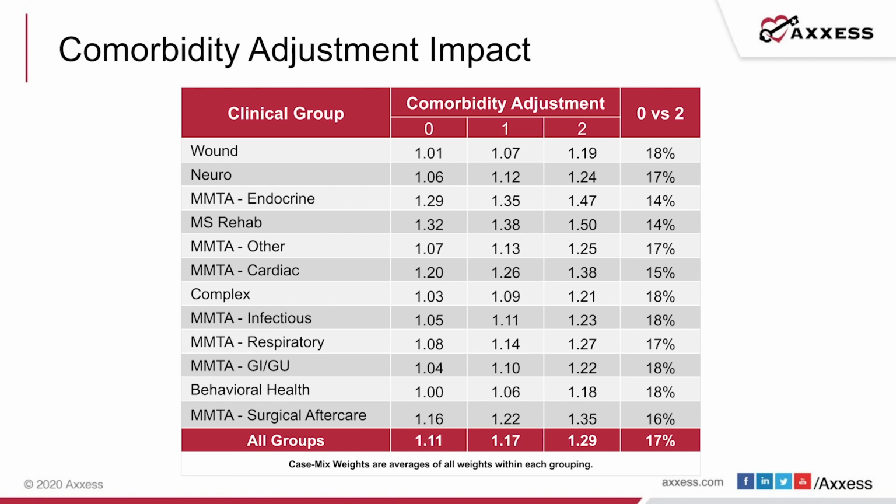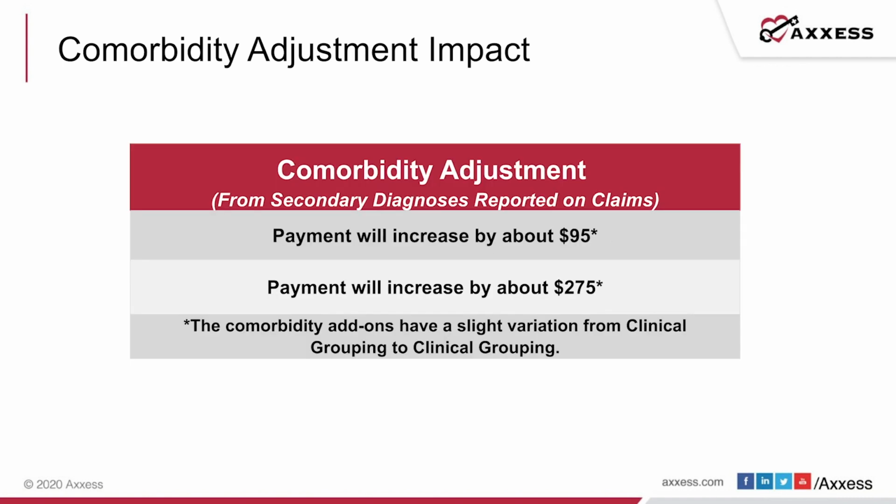And then the 2 is a high comorbidity adjustment. Now, what you'll see is that each of the clinical groups, wound, neuro, MMTA, endocrine, and so on, each of those have their own threshold for that comorbidity adjustment as far as how much that adjustment's going to weigh. Now, that adjustment can add anywhere from, say, 14% up to 18%, but on average, it's about 17% of your 30-day payment. And what we know from that is that the comorbidity adjustment for a low will increase your payment